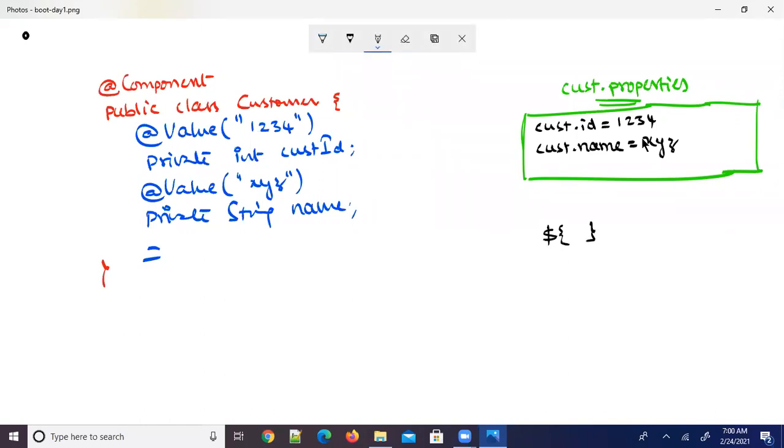So pass a placeholder to the @value annotation. Let me tell you how I am going to write here. I'm writing like this.